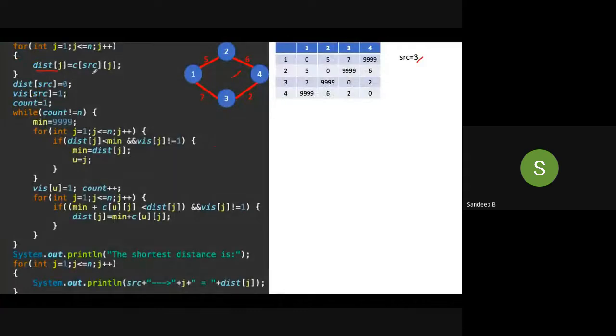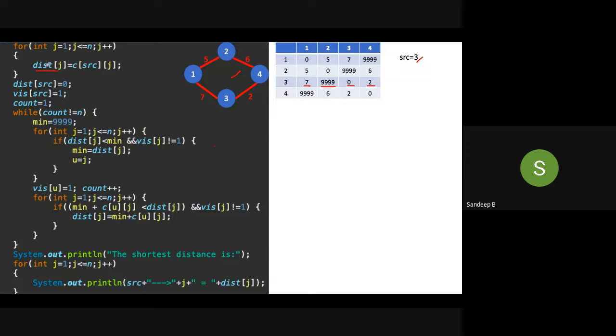See the table. C of source comma j: source value is 3, j value is 1. 3 comma 1, 3 comma 2, 3 comma 3 and 3 comma 4. So these 4 values will be stored in this array distance.